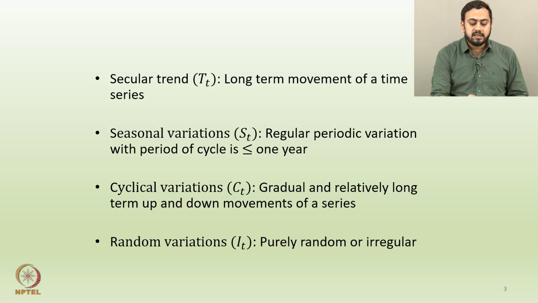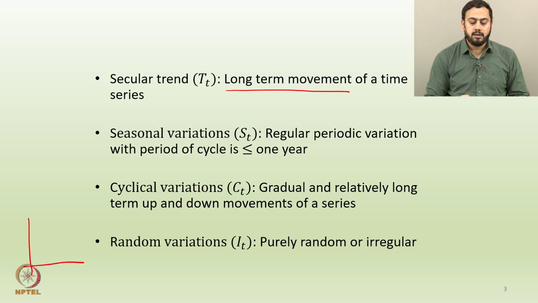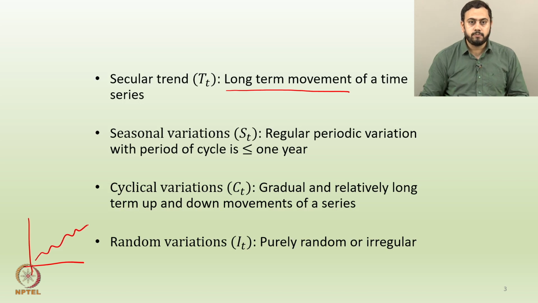I think this slide describes all the four components, trend component, seasonal component, cyclical component and the random component, in a bit more detail. If you talk about the first one, the secular trend component, which is denoted by T_t, one can say that a trend component is a long term movement of a time series. Trend does not happen in a really short time span. If you see a trend, hopefully the trend should last over a longer time span. So, we say that any trend component is a long term movement of the underlying time series.